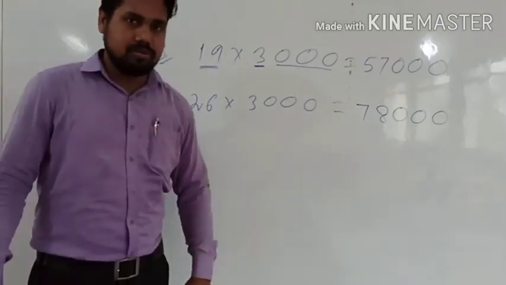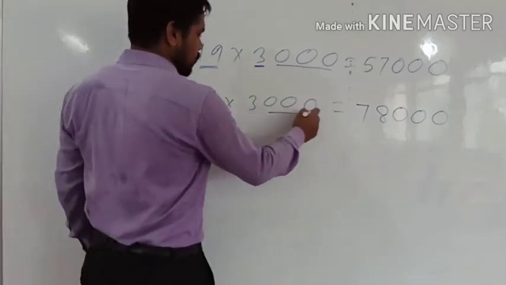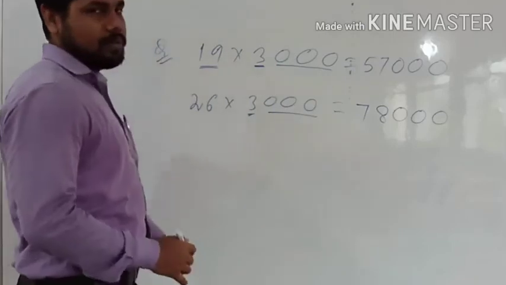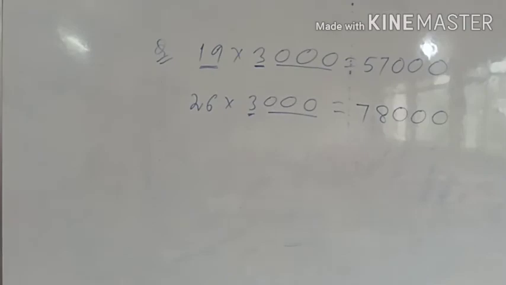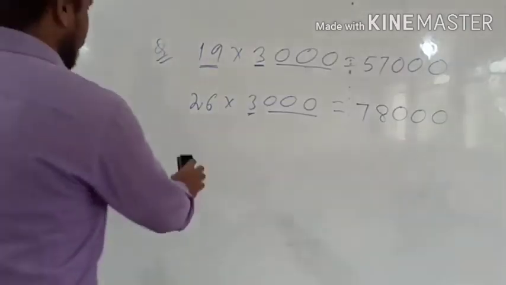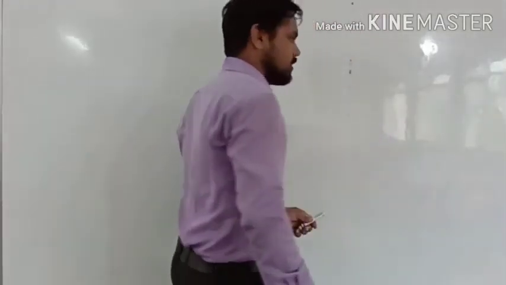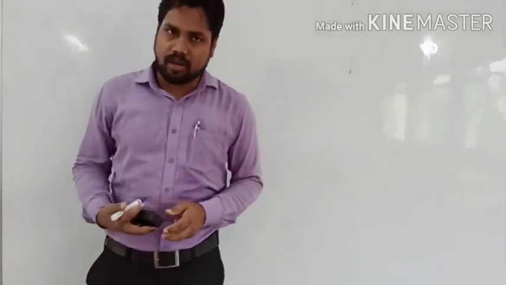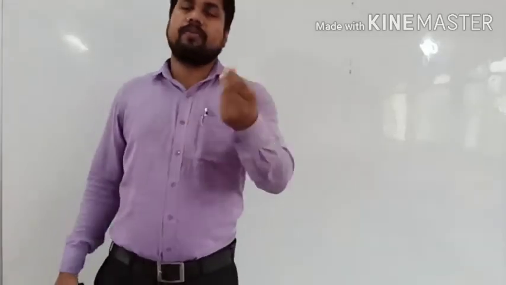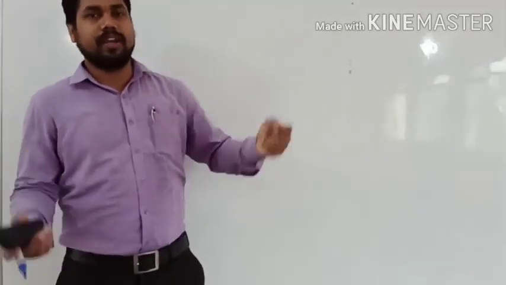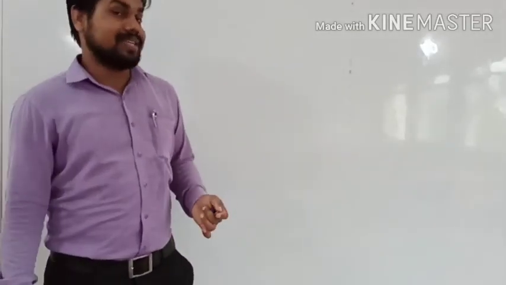You don't need to do so many long calculations. Using this property, whenever the zeros are here, just multiply with the number and add as many zeros after the multiplication. Okay. After this we have some word problems related to multiplication. Word problems related to multiplication are very easy. Just do the multiplication like normal multiplication only. Just take care that whenever the price of any one article is given and you want to find the price for maybe 10, 20, 25, or 78, in this case you have to multiply.